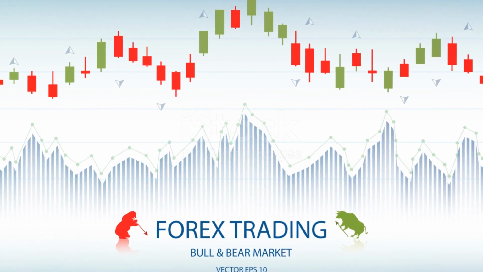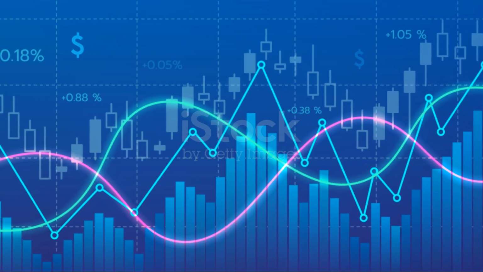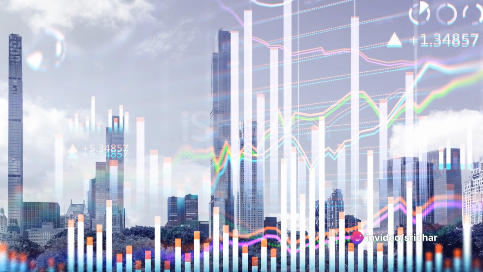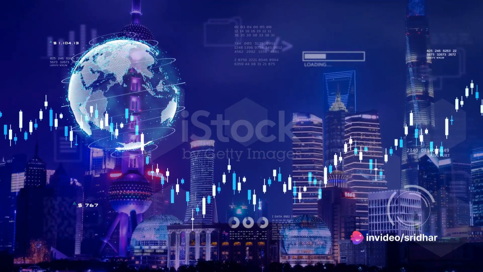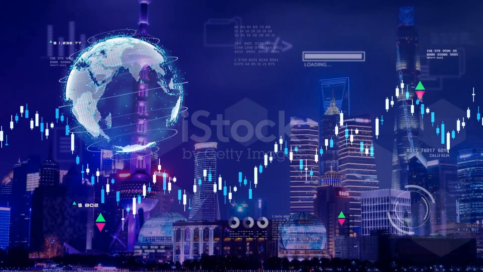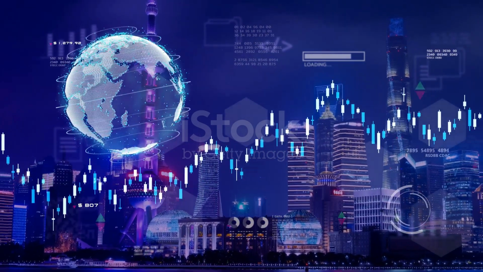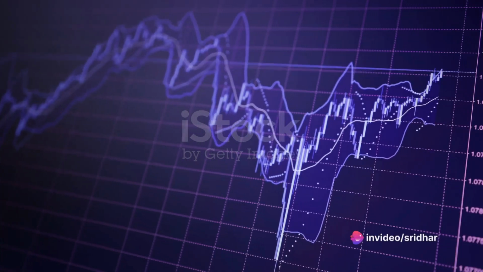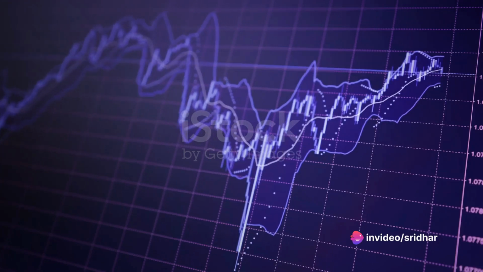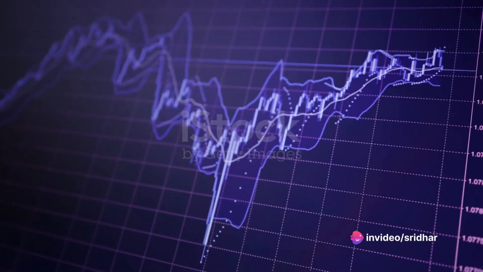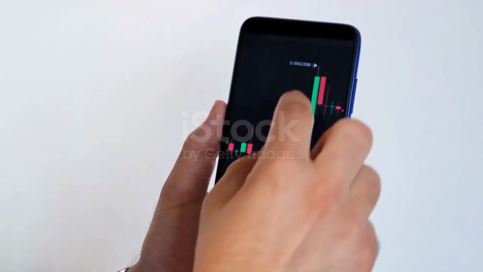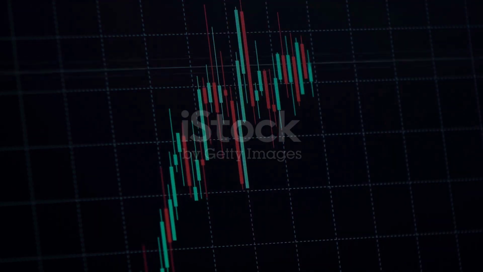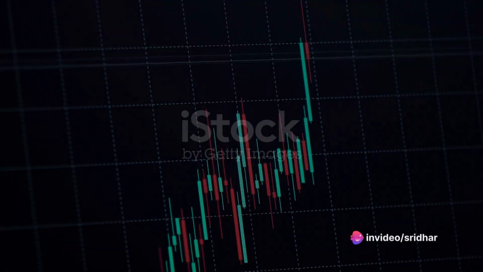In the world of trading, moving averages are a fundamental tool used to smooth price data and identify trend direction. They do this by averaging the closing prices over a defined period of time, hence the term moving averages. Imagine the ocean waves. Sometimes the waves are high and other times they are low. But if you could average out the height of the waves over a period of time, you'd get a smoother, more consistent line. That's essentially what a moving average does for price data. It smooths out the highs and lows, the ebbs and flows, to give you a clearer picture of the overall